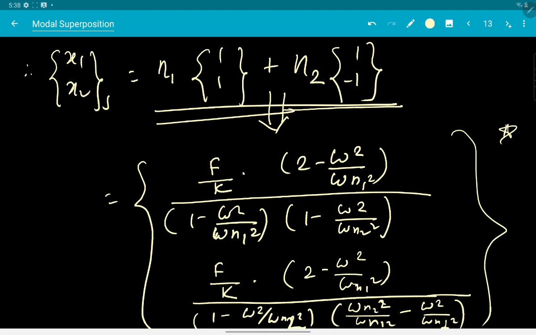So we'll be stopping over here for today, and in this class we have seen the modal superposition method, and we have obtained a solution of the same problem that we already had obtained a solution for. You can either go for the method that I told you in the previous class, which was a straight-away extension of the single degree of freedom system, or you can go to the modal superposition method that I just now talked about. As I told you, this modal superposition method is valid for any kind of forcing, and it can also be used for a system with any number of degrees of freedom.